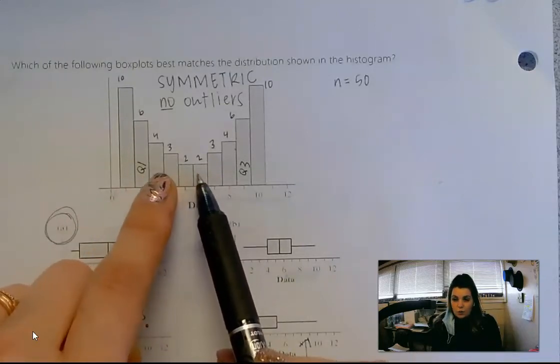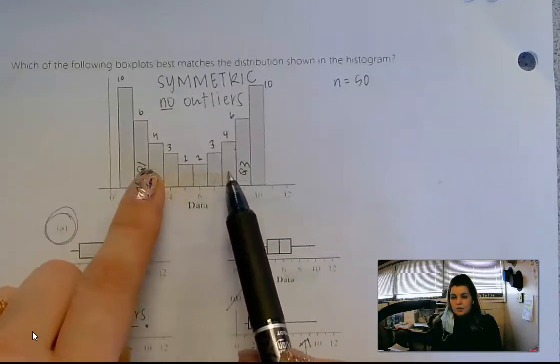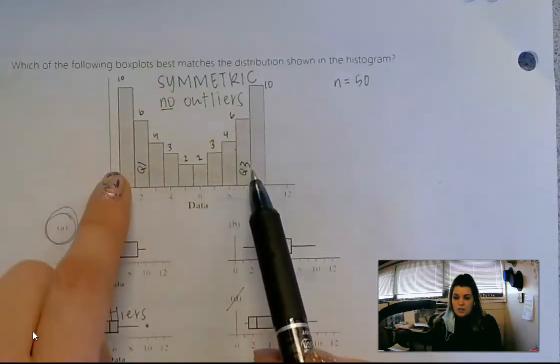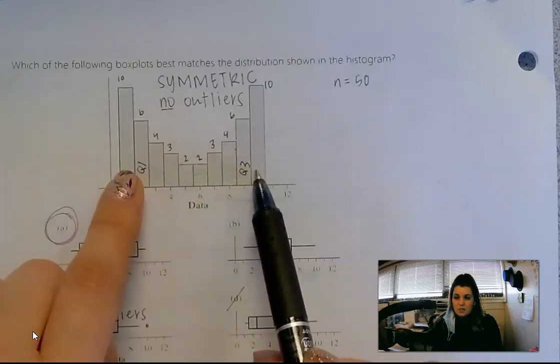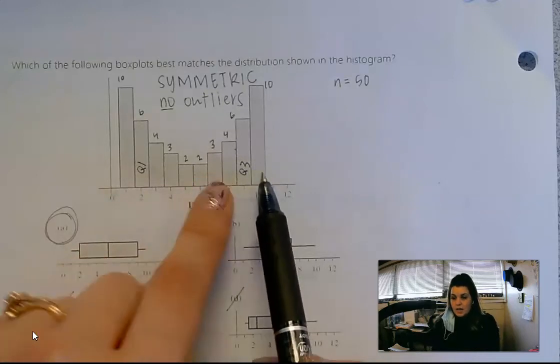Because there are fewer observations, that's going to stretch that middle 50% out. And then there's a bunch of observations here, and so these upper and lower 25% are going to be shorter, because you have so many observations in a short